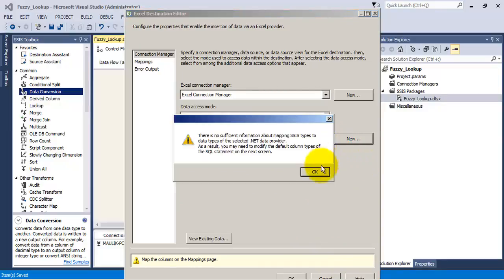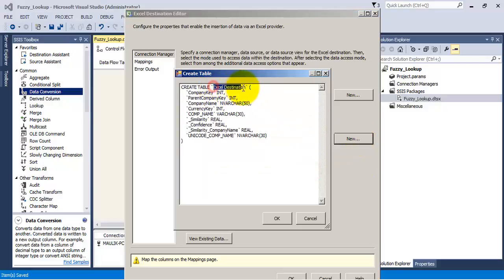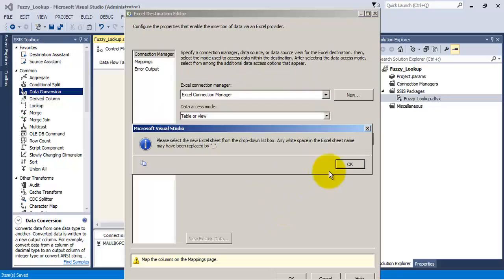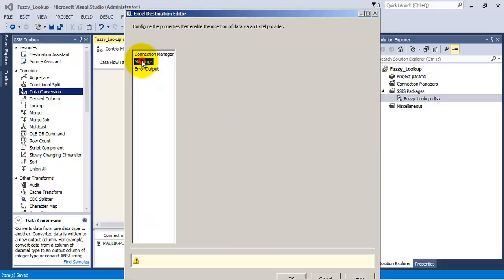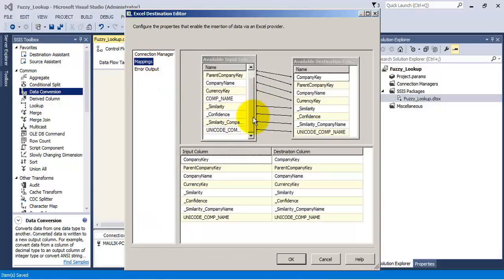So let us create a new tab. Let us name it as exact match. And we require only this Unicode column. So let us remove the non-Unicode column. So we can see that the Unicode columns are connected to each other.